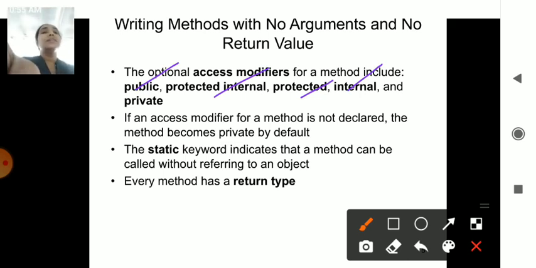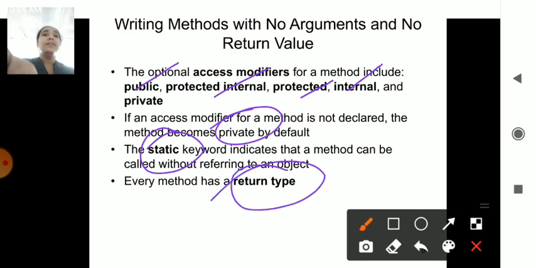Protected means you can't access the data; it is restricted to those people only, or it may be restricted to that particular method only. That is the protected part. And if you are not declaring an access modifier, then it is a private access modifier. And methods which are static refer to the objects which are there in the program. And the method also has a return type, so that will be there in the method.